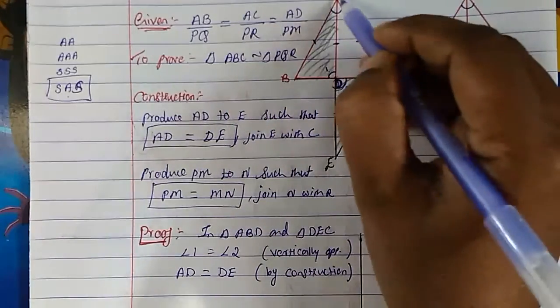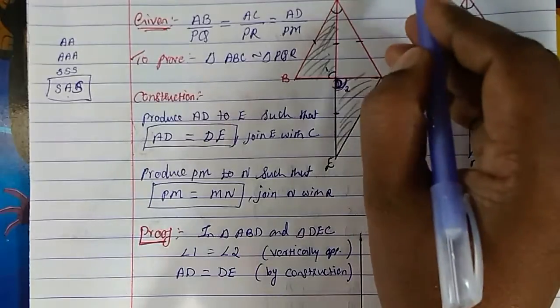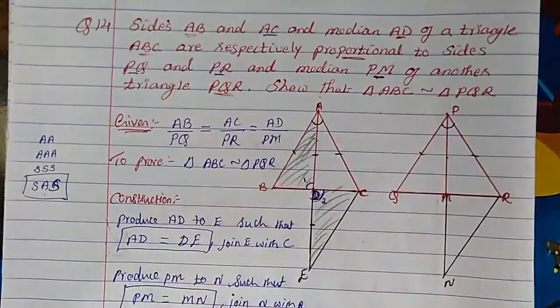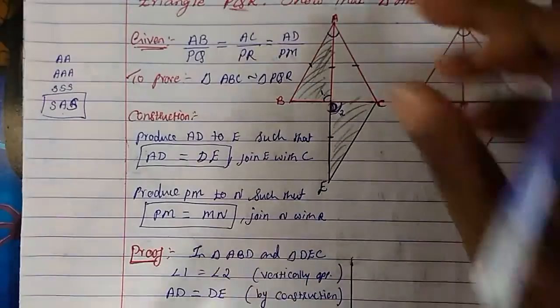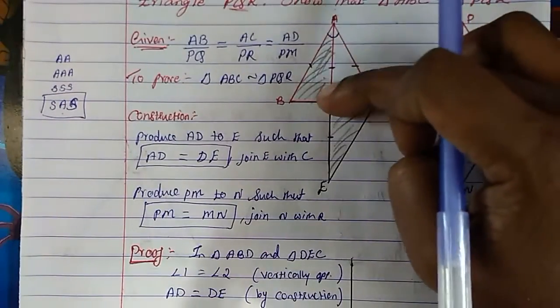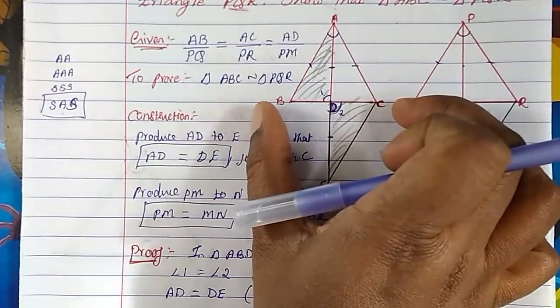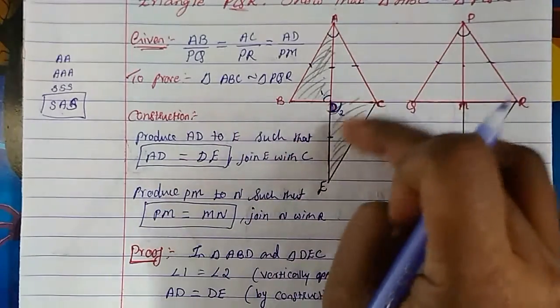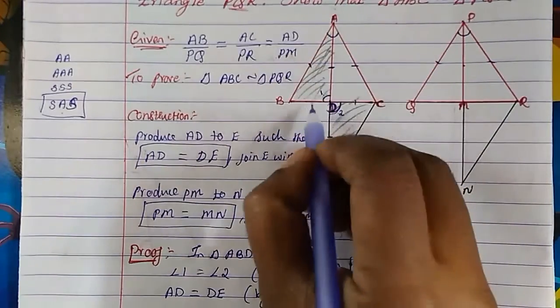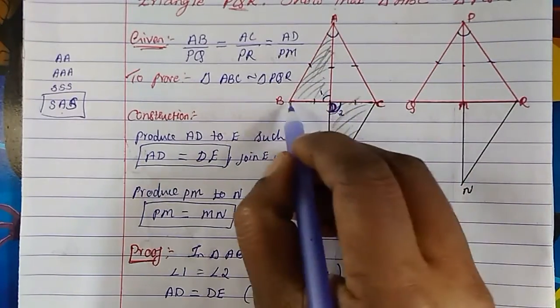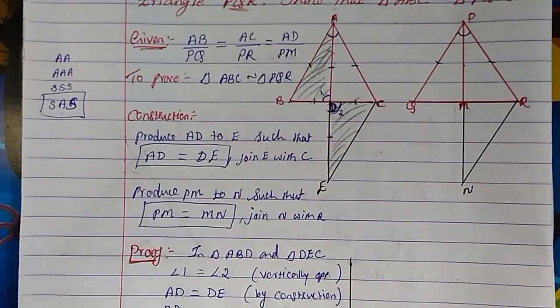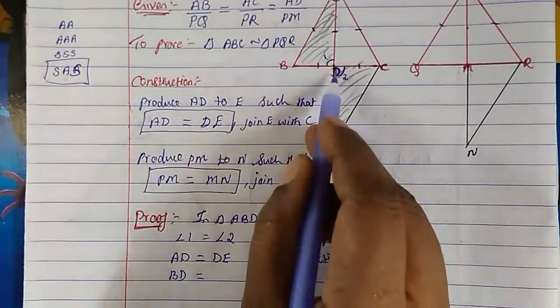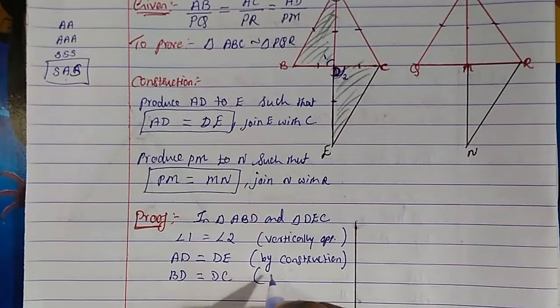Now you see, AD is the median, right? It is said in the question, AD is the median. I told you in the beginning, what does a median do? If this is a median, this line will divide this line into two equal halves. So can we say for this triangle this side and for this triangle this side, both are equal? So can we say BD is equal to DC? This is also because AD is the median. Okay, it is given to us.